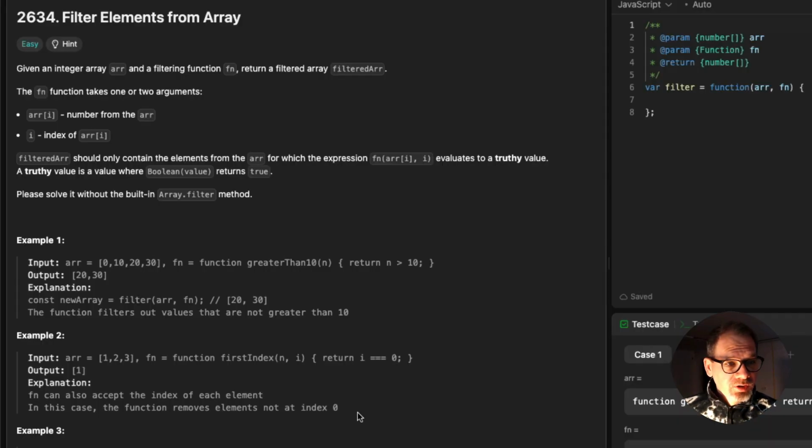Our previous challenge was to transform elements from the array, and in this challenge we need to filter elements from an array, which is quite similar but a slightly different task to do. So we are given an integer array and a filter function, and we need to return a filtered array. The function takes one or two arguments like here, we have this array, and this is our